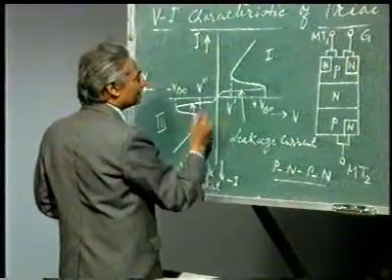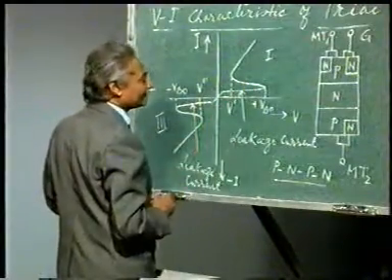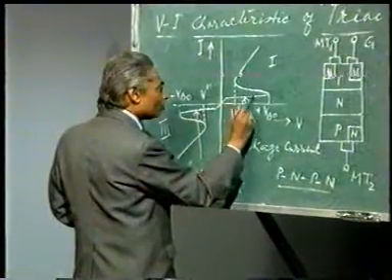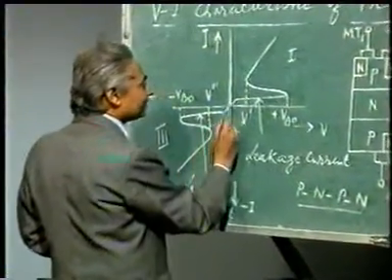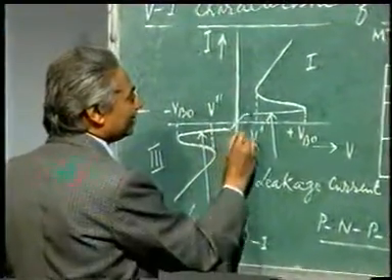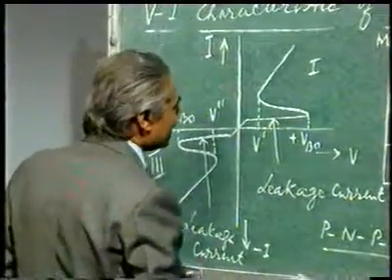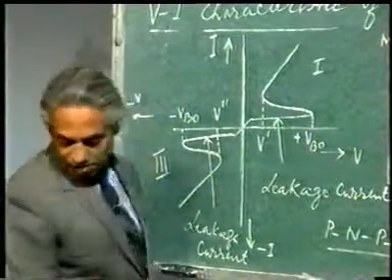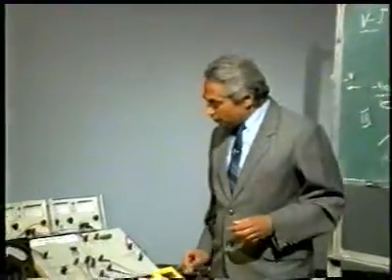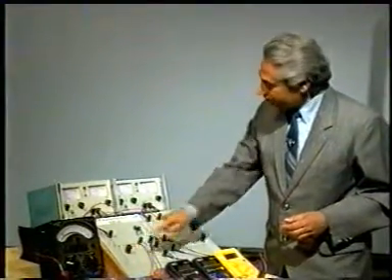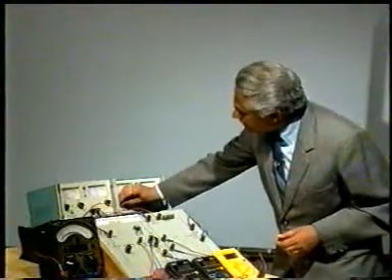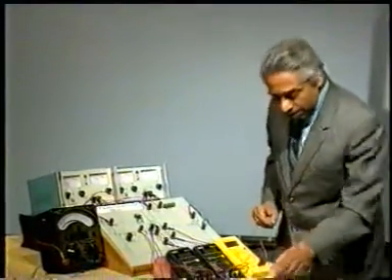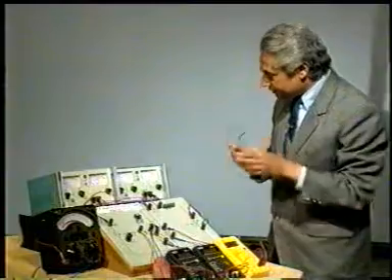So this part of the characteristic, that is the first quadrant characteristic, can be plotted. But if you have some of these points also on this line, then it is easily plotted. For getting these points, I will change the voltage in steps and note down the values of the current. Okay, let me do it. For that I am not going to disturb the potentiometer. I am going to make it 0 volts, and I am going to change the voltage in steps.